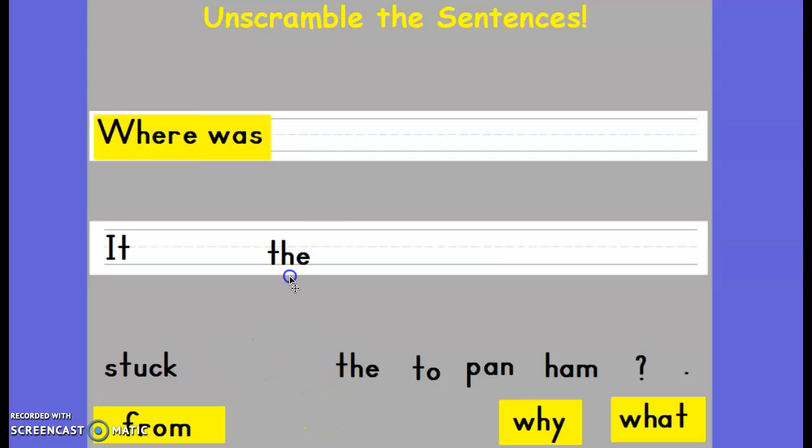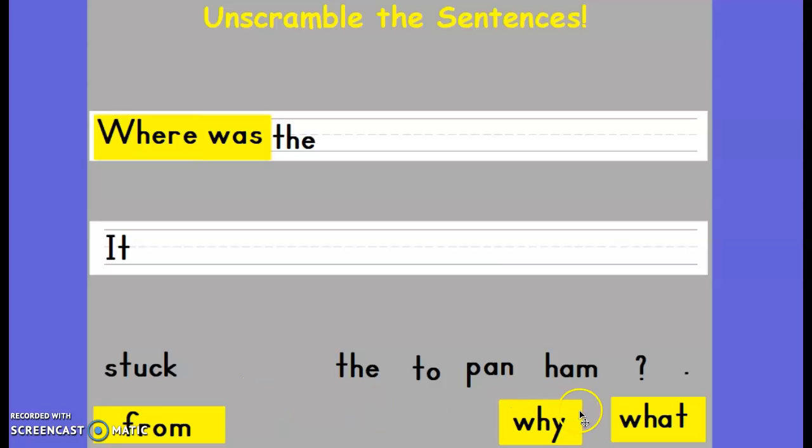Well, if you said the, you are absolutely correct. Where was the? That really makes the most sense because if we put in some of these other words, the sentence wouldn't make any sense. Okay? Where was the